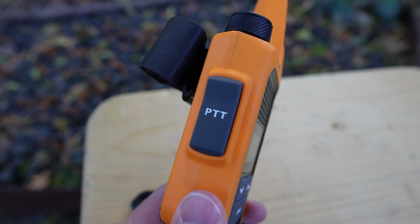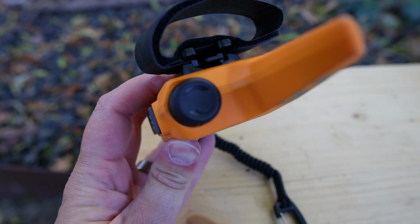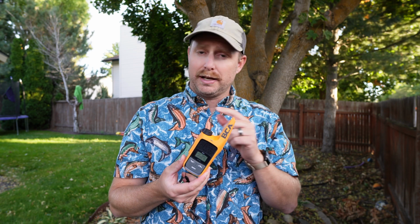The BCA BC Link Mini is another great option, and it has a couple of things we really like: the button size. If you have gloved hands and you want to use this in the winter, this is one of the best for skiing or winter sports because it's just so easy to use with gloves on. Big buttons, not very many of them. That bright yellow color is also going to make it easy to see if you drop it in the snow or someplace. This too has dual channel monitoring, like the Walkie Talkie 5-watt radio,